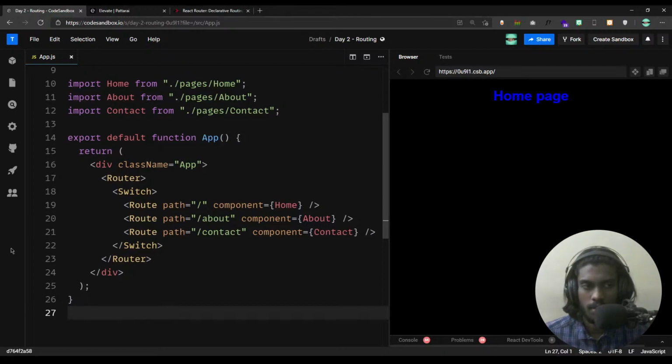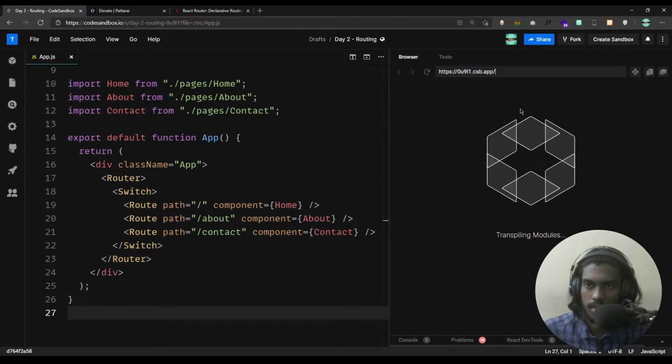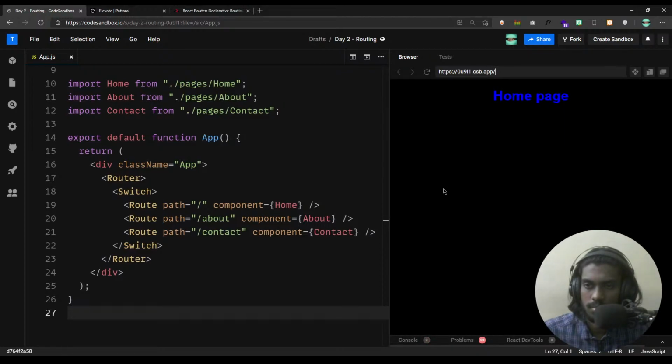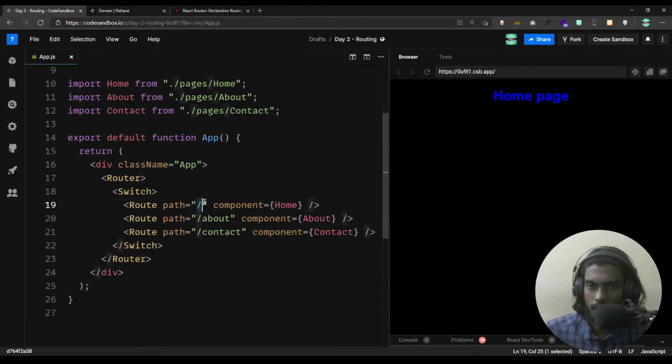Great. So now if all of this has been programmed correctly, go to the little browser URL bar that you see on top and type slash. Just type slash and hit enter. It should return with the exact same page. Home page again, right? Because when you say slash, you're rendering the home component. So all you're saying is this: whenever the user navigates to slash, you will render home. In case the user navigates to slash about,